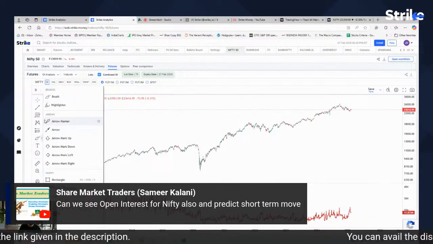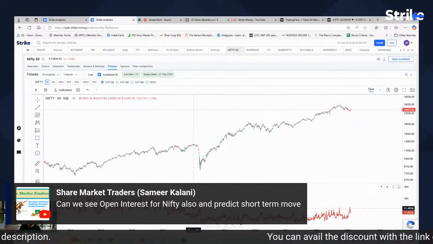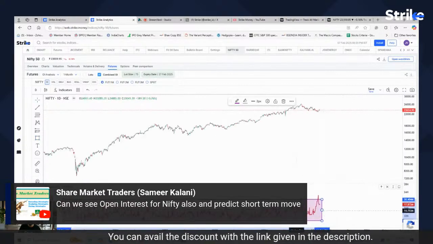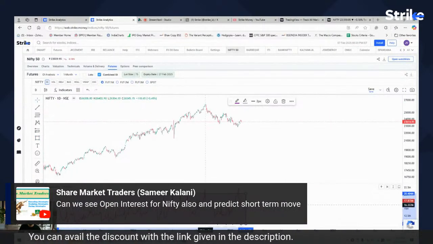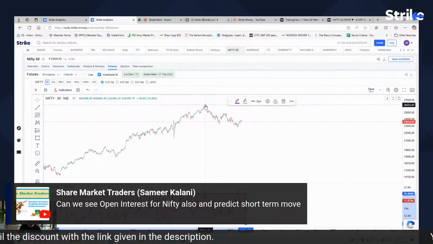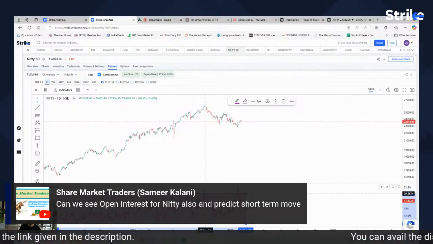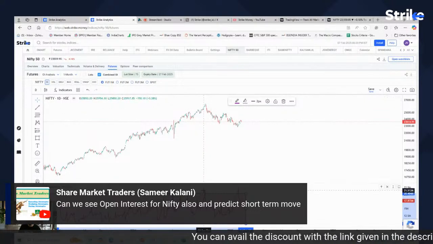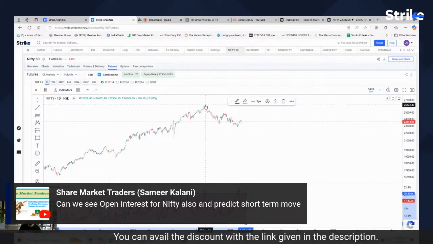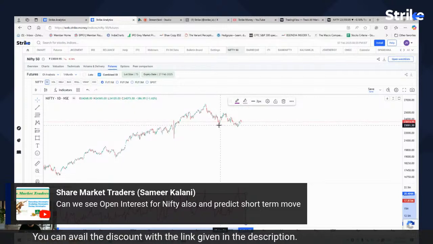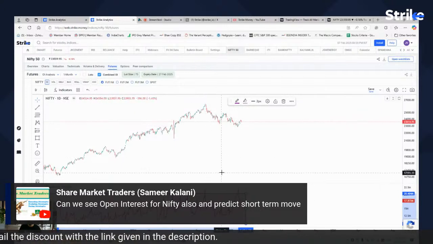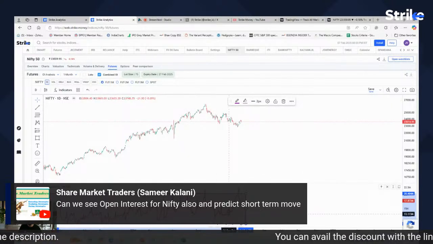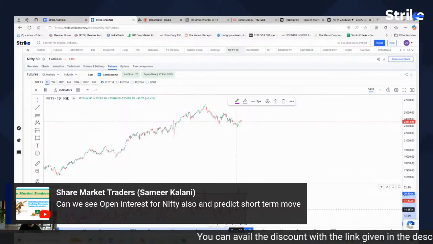And after the COVID period, you have seen this range developing in the Nifty index, and right now it is at the upper end. You can see over here at this top, the open interest was very high and people were going long, and in this decline, the entire open interest collapsed. So this decline was more due to the long unwinding that happened, and in the second leg of decline, there has been a lot of short buildup.